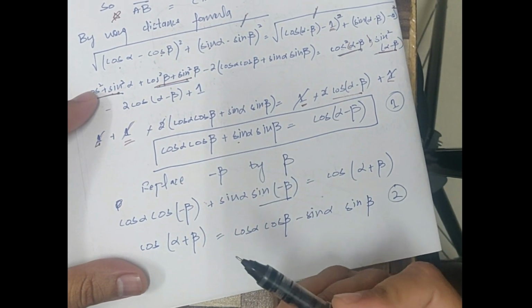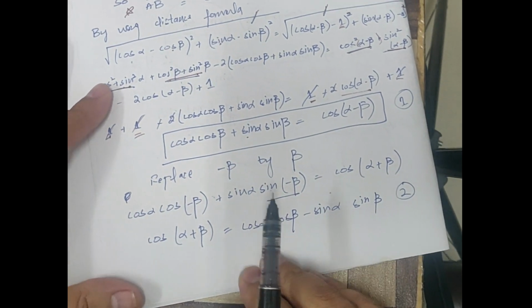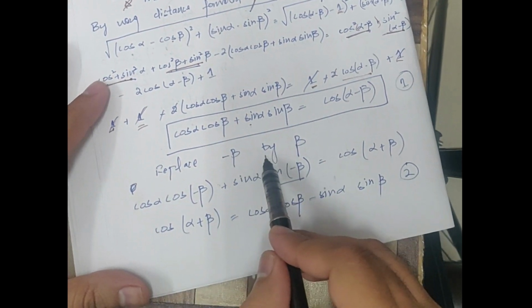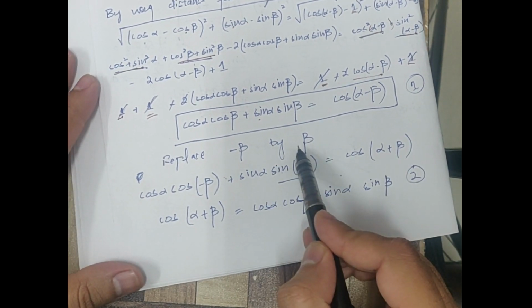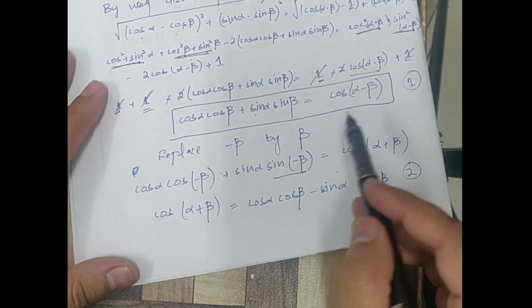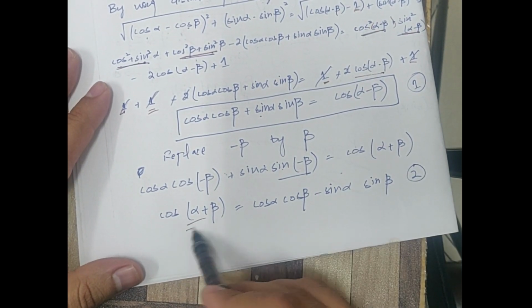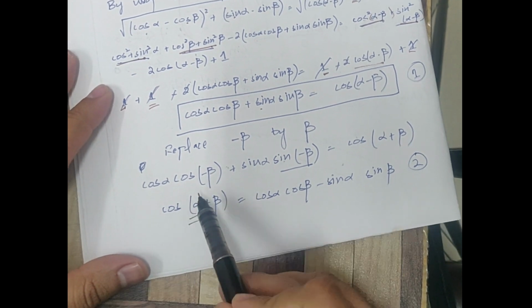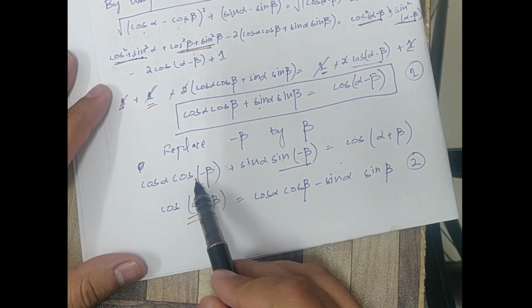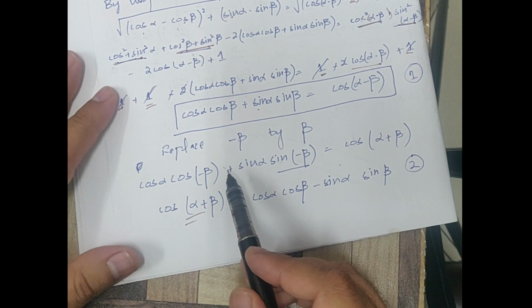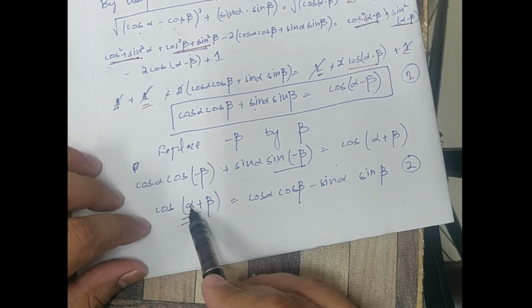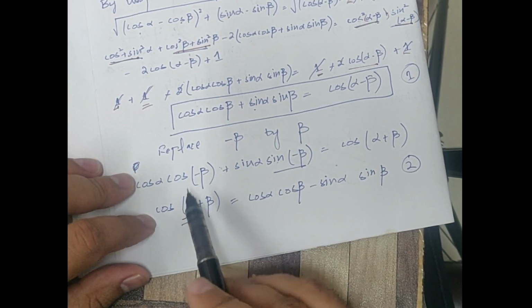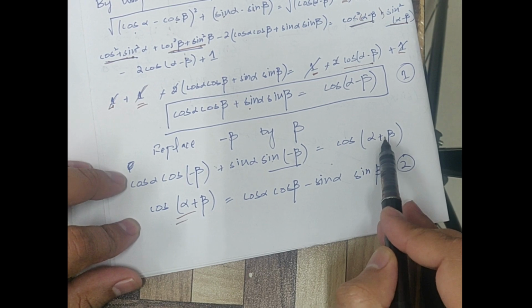This is the fundamental of trigonometry. Now if I replace minus beta by beta, then I can also get the formula for cos alpha plus beta. It's very simple. I've replaced beta with minus beta, and it becomes something like this: cos alpha plus beta,